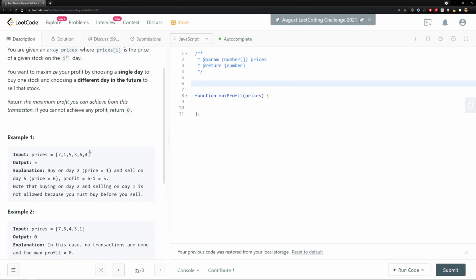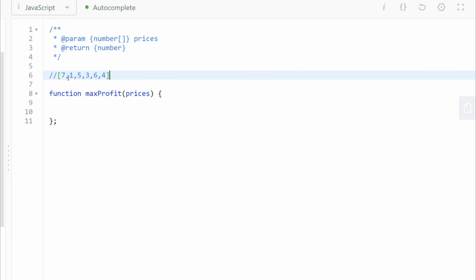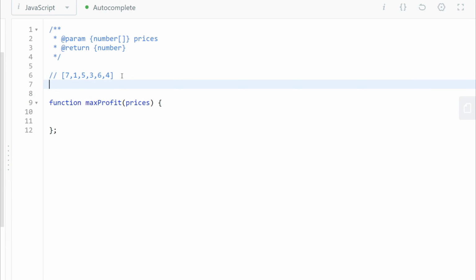Cool. So let's try to dive deep and see how we can solve this problem. What I always like to do before I go to any problem is look at the example and see if I can solve it in a brute force way. And maybe from the brute force way, I can start thinking about how I can iteratively improve this particular algorithm, right? So before we code, one thing I want you to look at is this. The example I have here is the example they had. How can we identify that 1 and 6 such that our profit